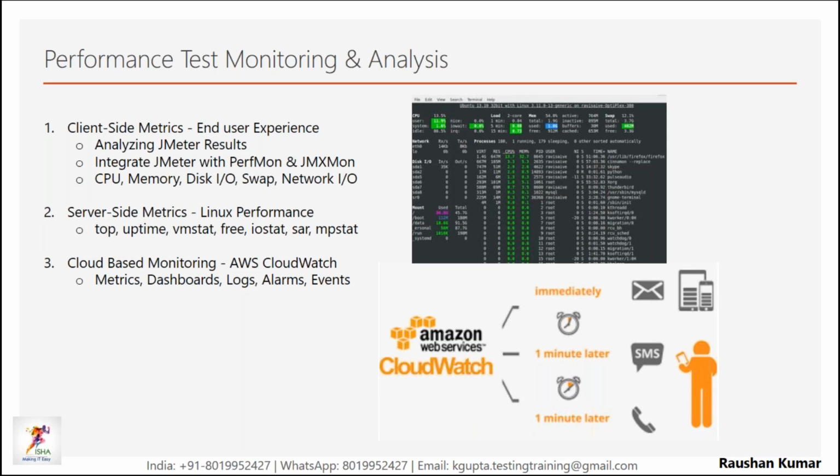The idea is to run your test. First of all, your application has to be deployed in the cloud, using containers, Docker and Kubernetes. We will test how things are done. If we have issues, we need to monitor things first. That is always the thumb rule for any performance test: we need to monitor things. Then if we have any issues, we have to resolve them. We have to see where the bottleneck is and what we can do to resolve it. Those use cases will be covered as part of AWS core, Docker as well as Kubernetes.